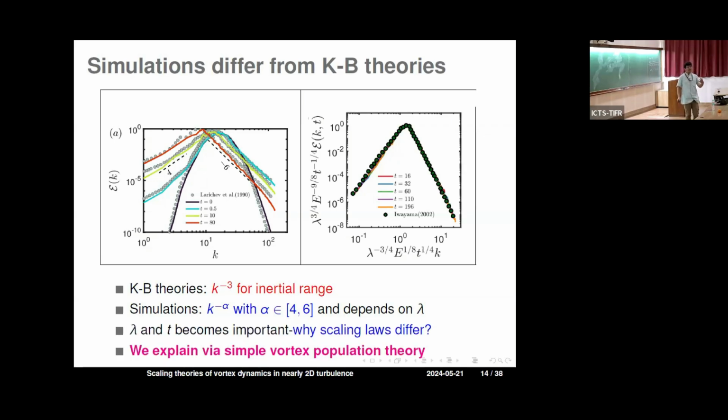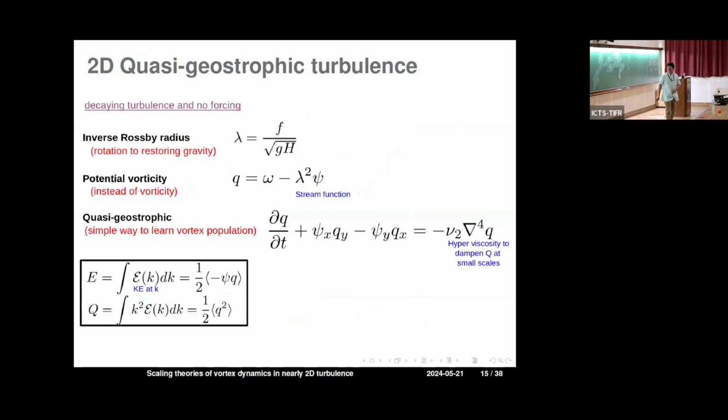And what we try to figure out is, is there a way I can really understand the spectral by knowing about the dynamics of vortices, how do they interact with each other? And can I really come up with a simple theory? So for quasi-2D geostrophic turbulence, the important parameters are the inverse Rossby radius, in some sense Coriolis to gravitational stability kind of thing,